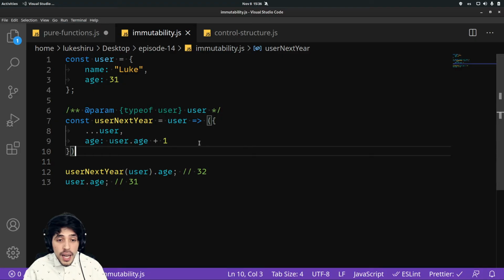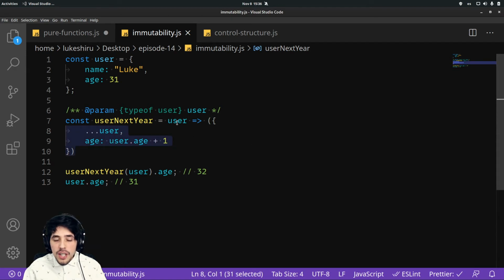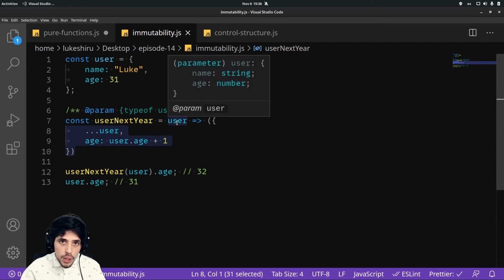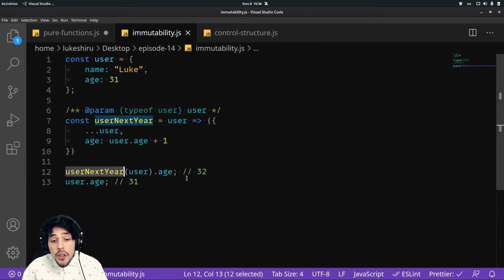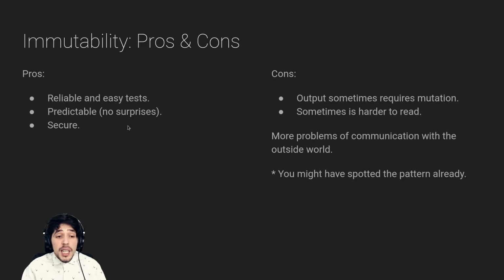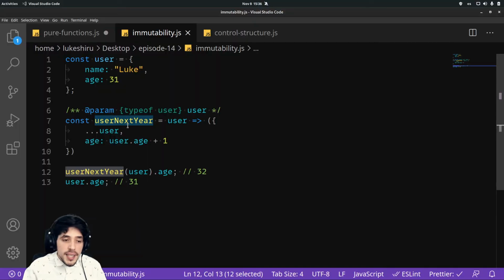Basically, now that we are not changing anything and we are just returning copies of the stuff that we receive, this is far easier to test because we don't need to check if we call user next year 3 times, then the age will be 34. No, every time we call it, the age will be 32 because we are not actually changing the original value, okay? It's predictable because we don't have these surprises that I just mentioned, that suddenly the value of